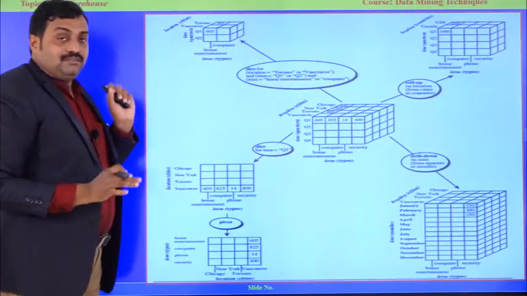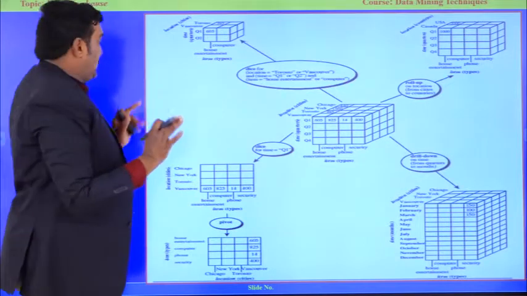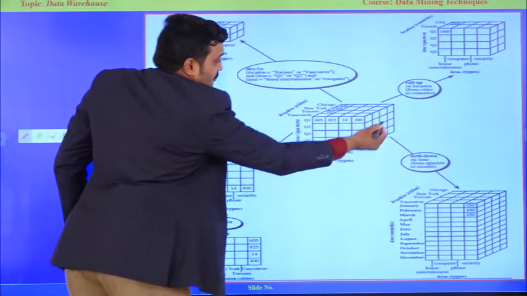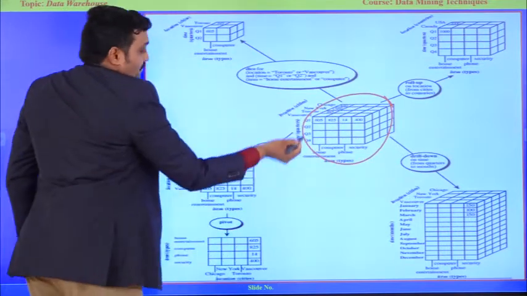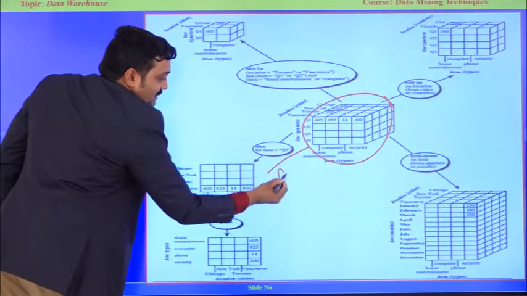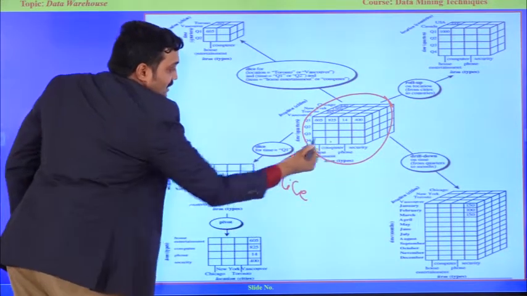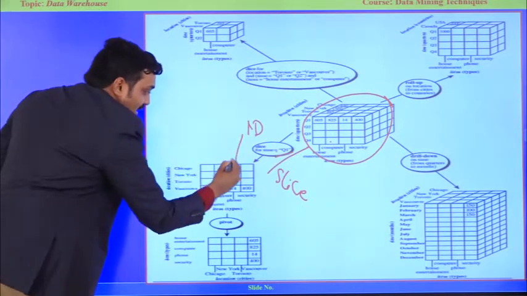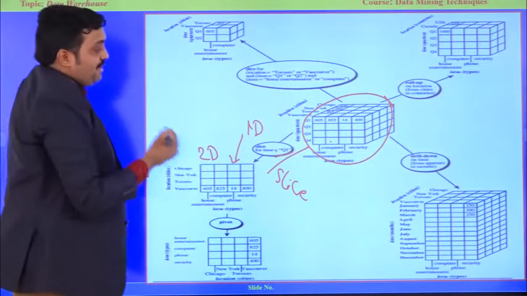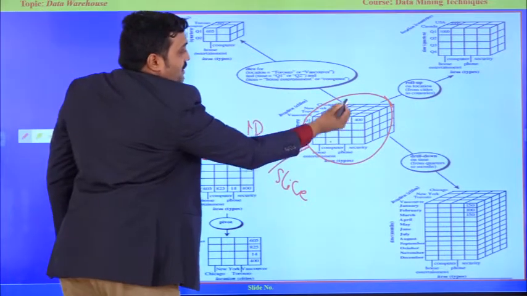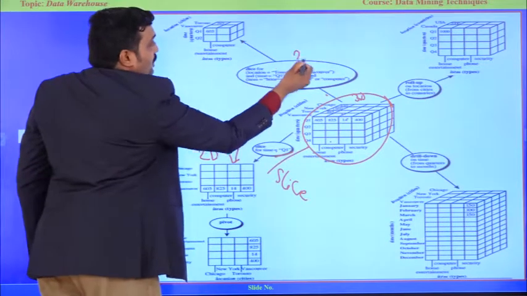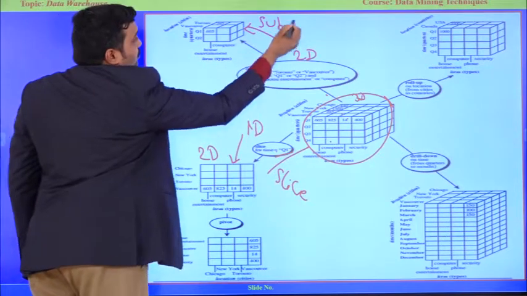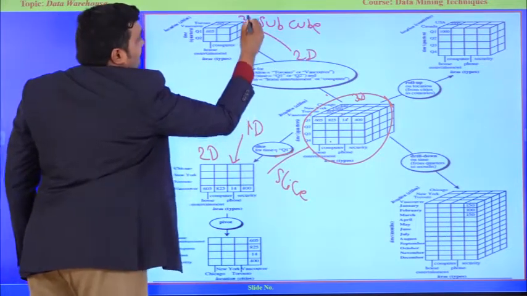The overall thing, the entire picture. See, till now we discussed each one individually. We have a data cube. I am going to do the slice operation: this three-dimensional data, applying a 1D condition, that is the quarter one sales report, gives two-dimensional data. Whereas again with three-dimensional data, applying a two-dimensional concept, we get the subcube. We get the subcube, which is also three-dimensional.